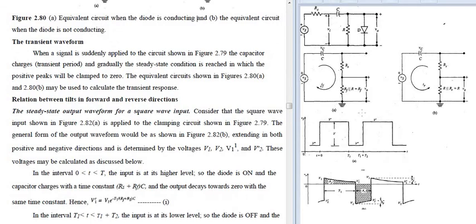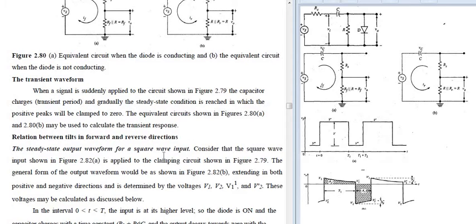Fine. So this is the waveform that we are applying, the square input, and this is the output that we have got. I'll explain the steady state waveform after. Before that, we will see the transient waveform. So what is meant by transient waveform? What actually is meant by the transient period? It means the duration of the process under which variables are changing with respect to time. Whatever input we are giving, those variables are changing with respect to that time, and the waveform in that period is called your transient waveform.